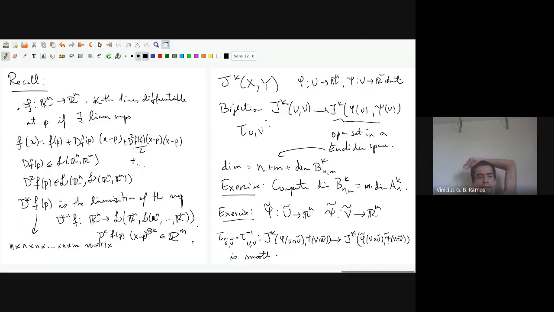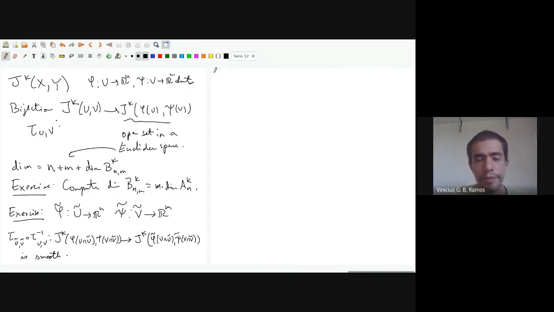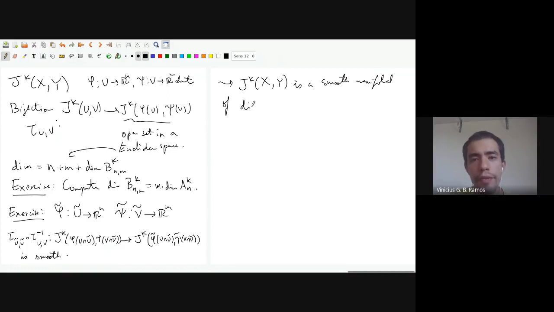And the point is that this gives, so JK of XY is a topological space, and it's not just a topological space, but it's a smooth manifold of dimension n plus m plus the dimension of